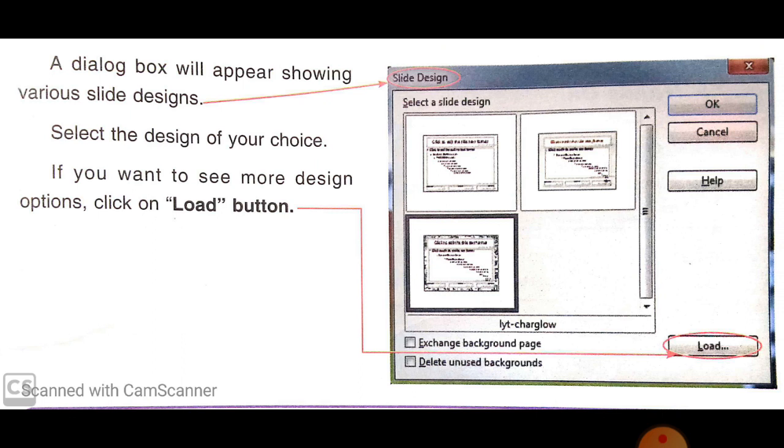If you want to see more design options, click on the Load button as you see in this picture. A dialog box will appear when you click on the Load button.